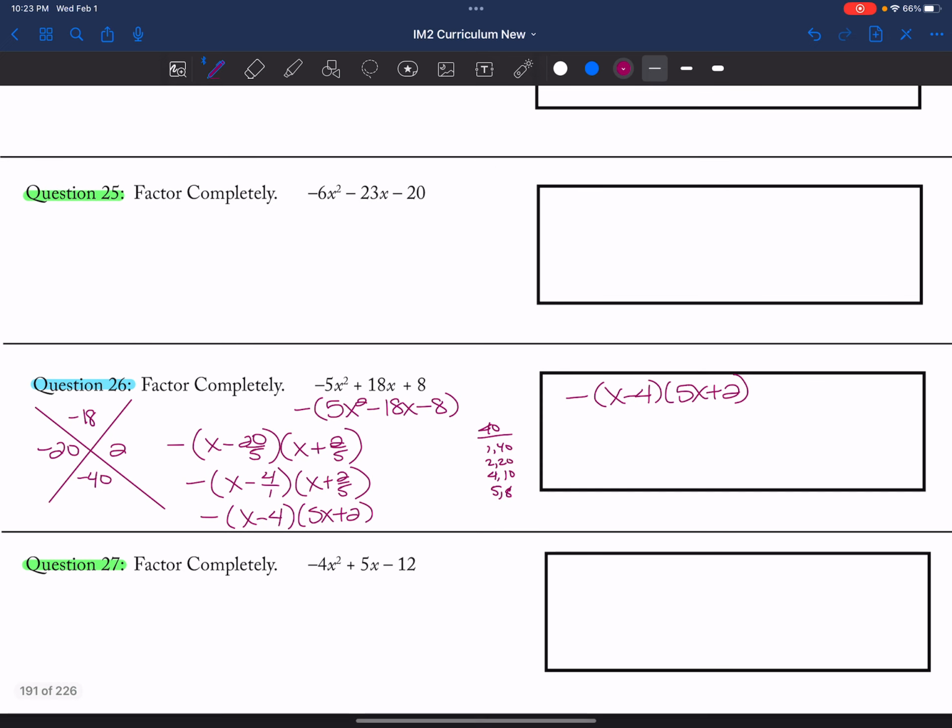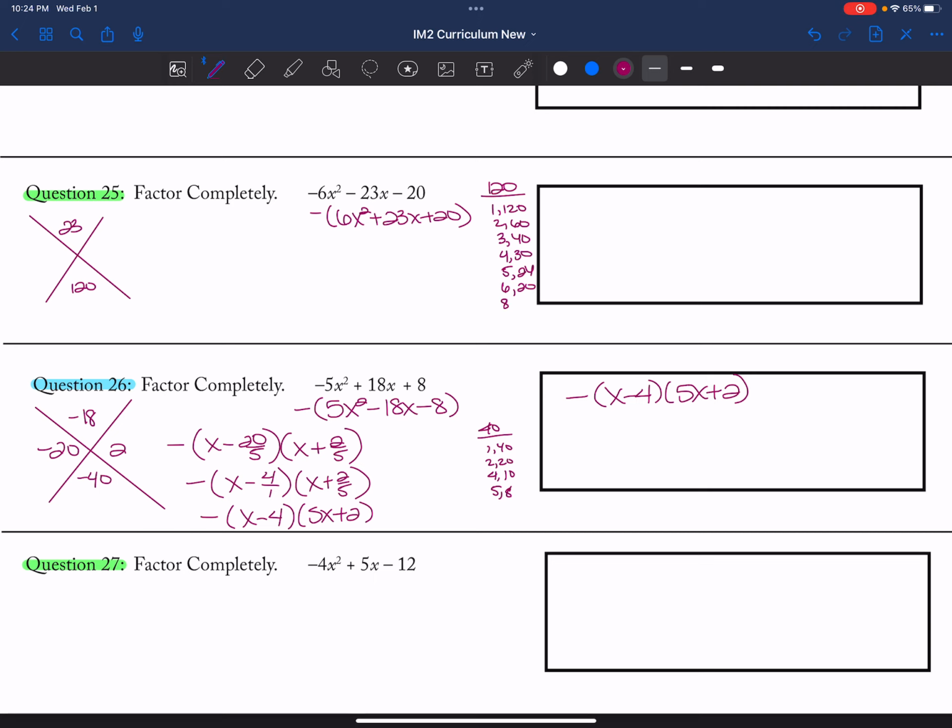All right, still these don't have a common term in them, so I'm going to just keep on factoring with the x. So negative, I guess I could pull out a negative. Maybe I should do that first. Let's pull out a negative. They're all negative. Plus 23x plus 20. Okay, so now this would be a positive 23 in the top. 23, and then 6 times 20 is 120. Oh boy, so what factors of 120? 1 and 120, 2 and 60, 3 and 40, 4 and 30, 5 and 24, 6 and 20,